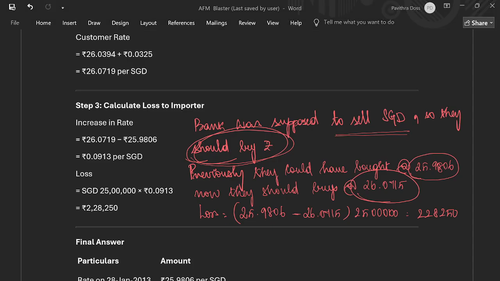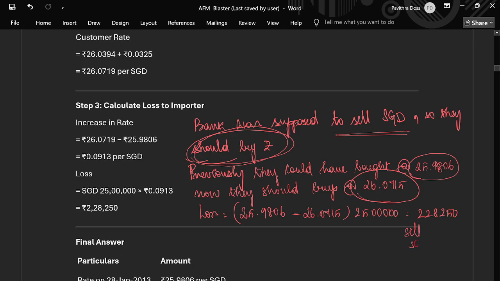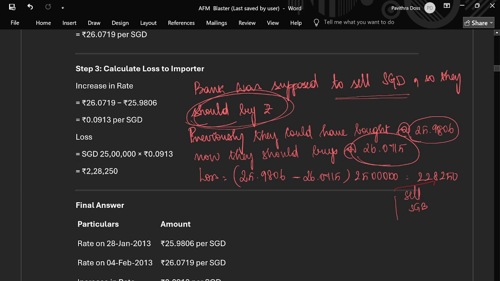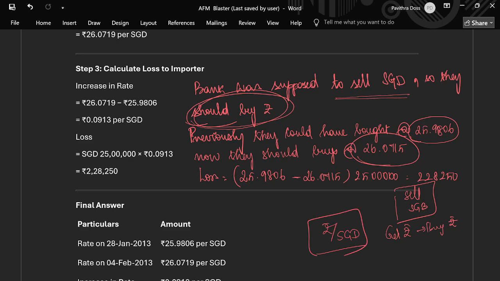26.0715. Clear. So they are going to sell SGD, which means they will get rupee, right? Sell SGD means they are going to get rupee, which means they are going to buy rupee, right? So rupee per SGD. Previously, they could have bought it for 25.806, but now they are going to buy it for 26.0715, which means the